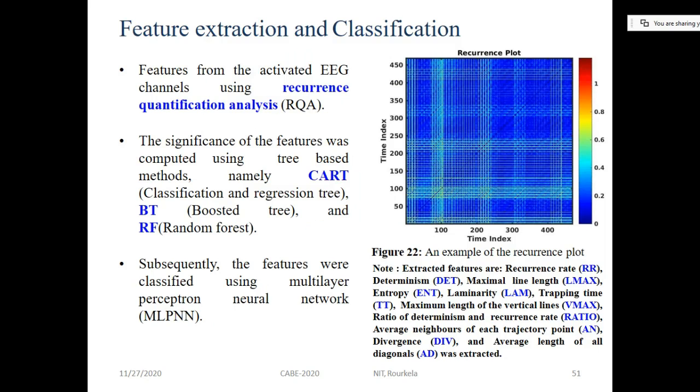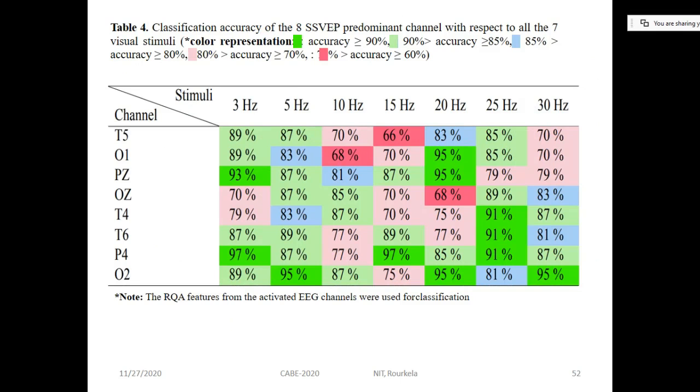Then we went for the RQA analysis, which is recurrence quantification based analysis, and we performed the significant feature extraction using CART, BT, and random forest. Using the Wilcoxon's test, we could not find any significant features. Then we trained the MLP neural network for the analysis, and these are some of the features which were extracted. Now, at the end, if you look, the P4 and O2 channels,